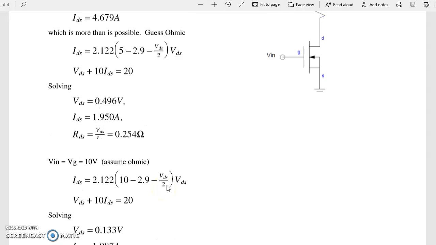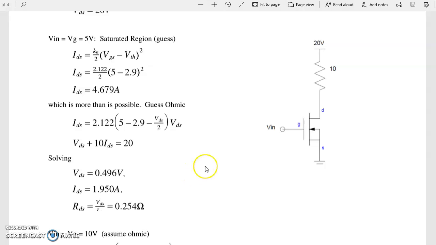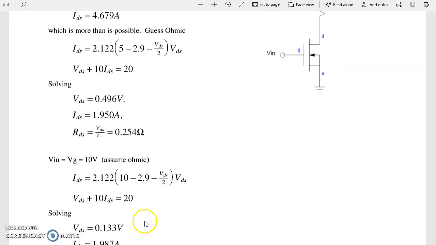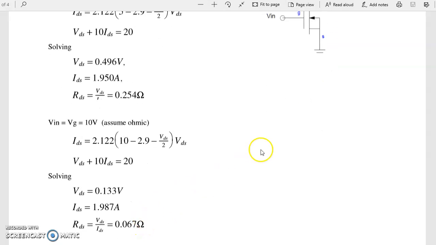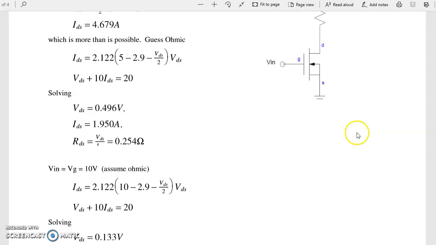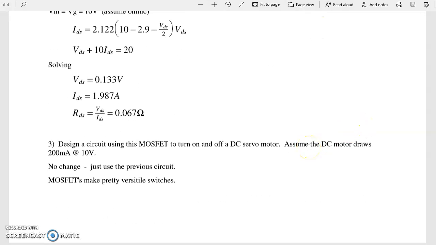What that tells you is that the 68 milliohms is true under one condition. Change the conditions, it's no longer 68 milliohms. Here's 0.25 ohms. Down here, it's 0.06 ohms. So it depends upon the conditions, you'll get different resistance. Essentially, if you don't care about 0.2 ohms, when the MOSFET is on, the resistance is very low. 0.25, 0.06, something small. So for problem number 3, if you want to turn on and off the motor, that's